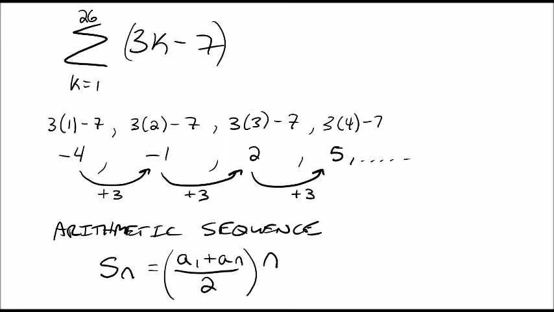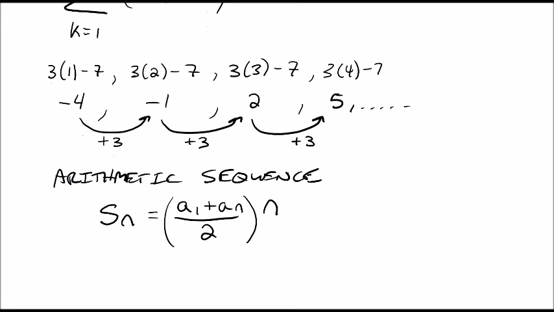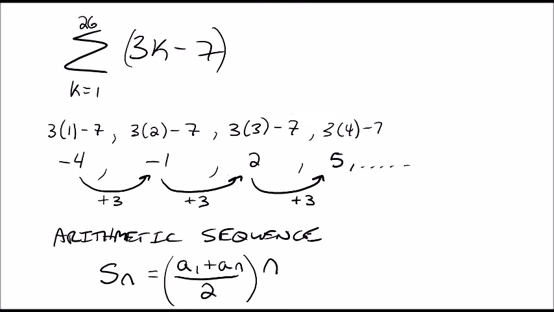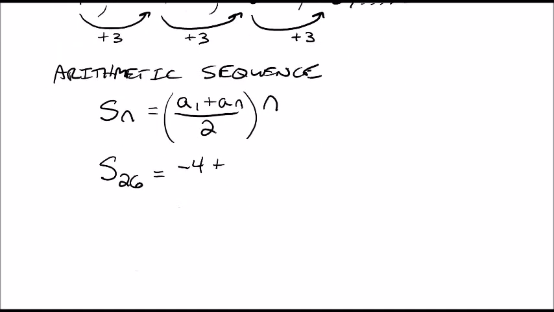So if we put this into our formula here, we're doing the sum of the 26 terms in this case. The first term we just said was negative 4. What we need is the last term, though, a sub 26. If I put 26 into my equation, this would be 3 times 26 minus 7. The 26th term would be 3 times 26 minus 7, which is going to be 71. So the 26th term, my last term, is 71 here,